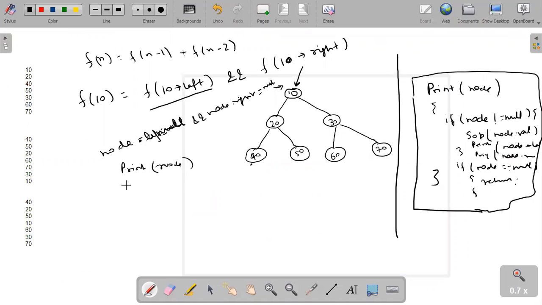So you can do one thing: while node not equal to null, you can print the node dot value, and node is equal to node dot left.